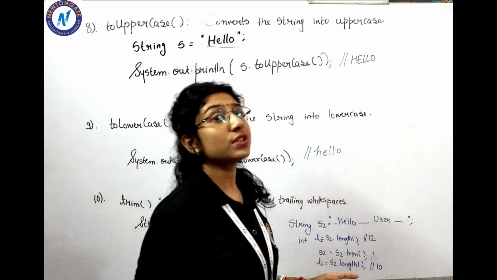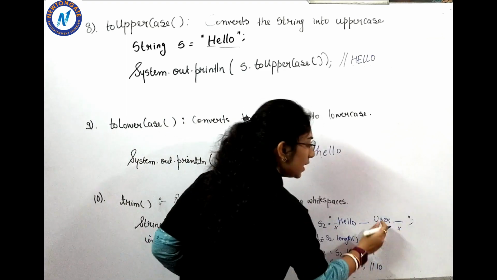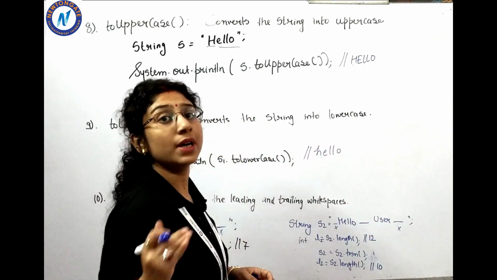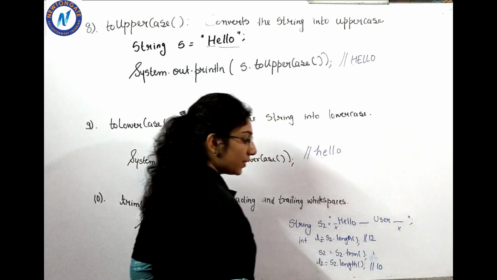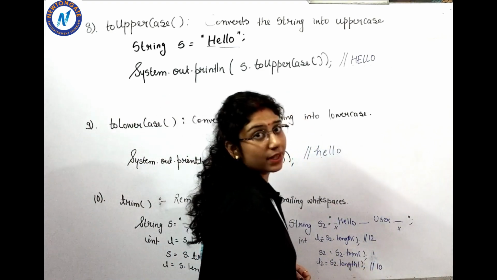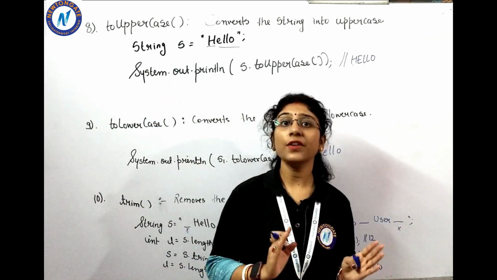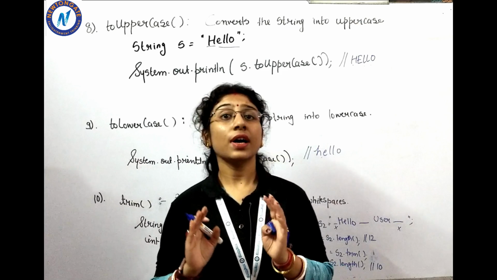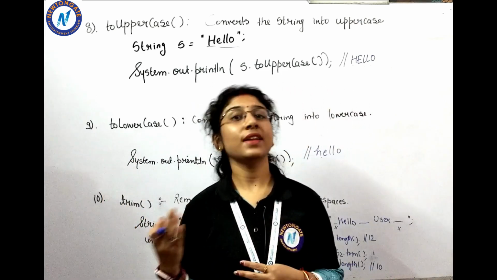But once I use the trim function, what will happen? It will trim these two spaces only. It will not trim the space which is given in the middle of the string. Clear? So here, now when I find the length of the string, it will print 10, after removing the space from the beginning and from the end of the string. So I hope all these functions are clear to you. Now moving towards our next functions.